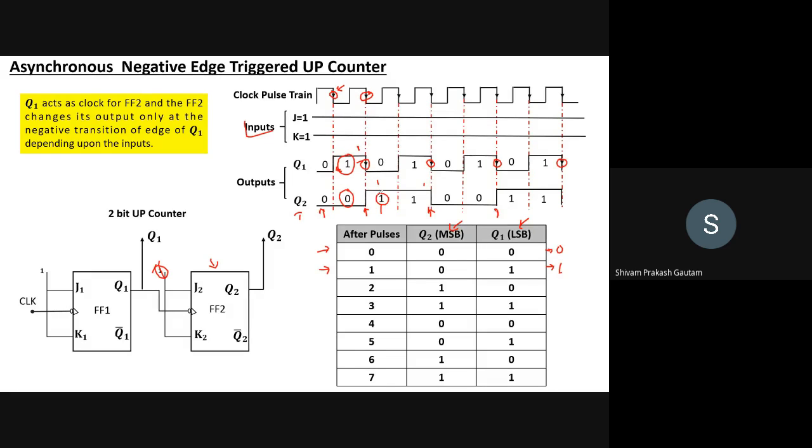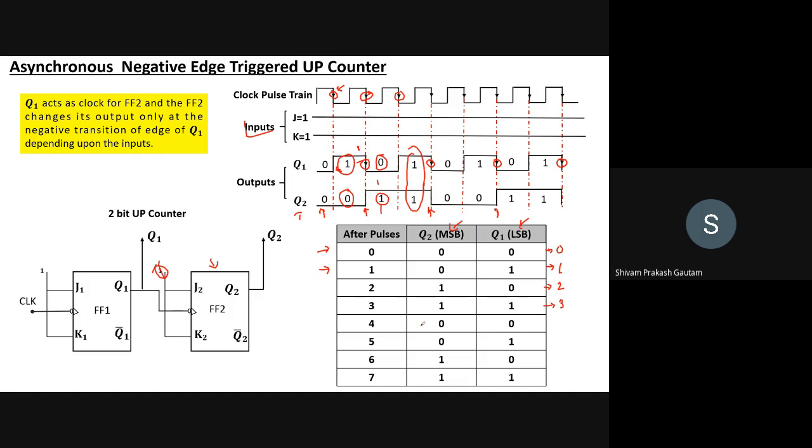you can see after the second cycle, Q2 has become 1 and Q1 has become 0. So you can see here, Q2 is 1 and Q1 is 0. This is representing decimal number 2. Next triggering is occurring at this point. After the third triggering, you can see Q1 and Q2 both have become 1. So after the third triggering, it is 1 1. In decimal, it is equal to 3.